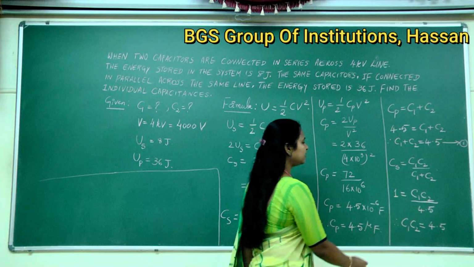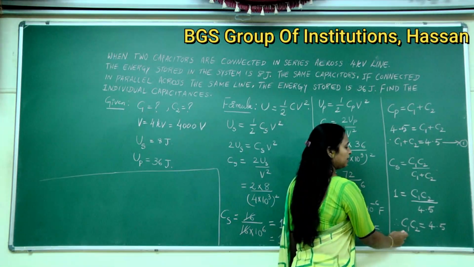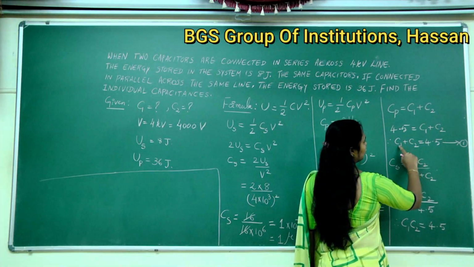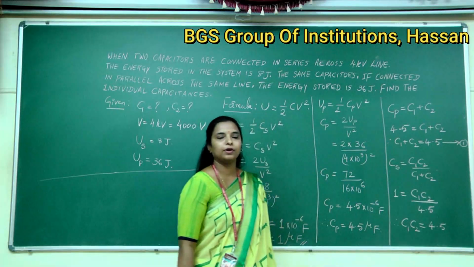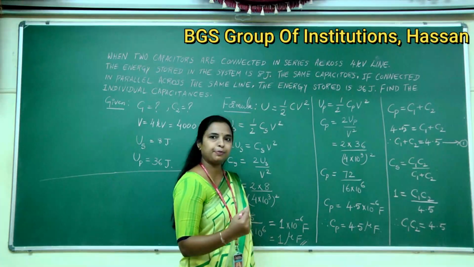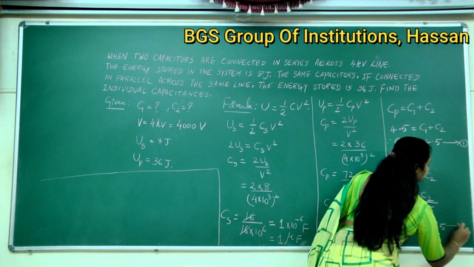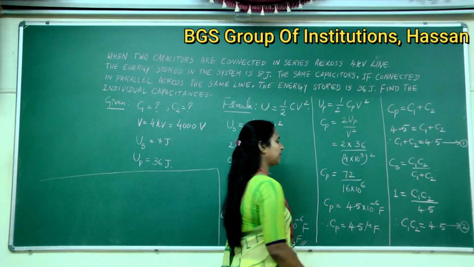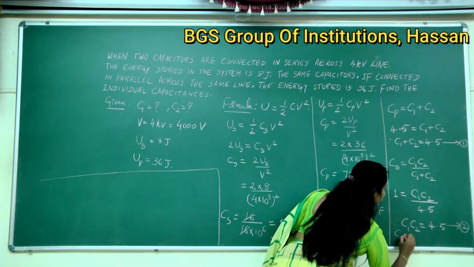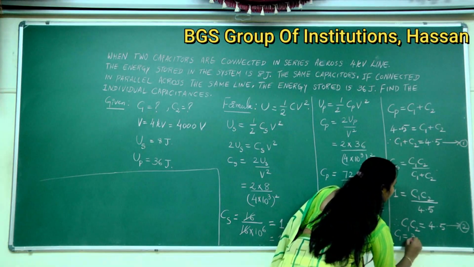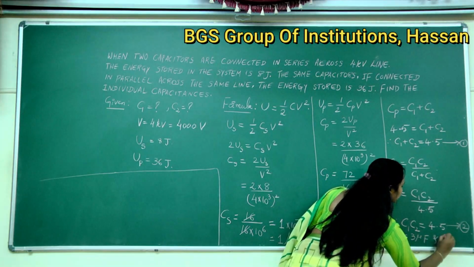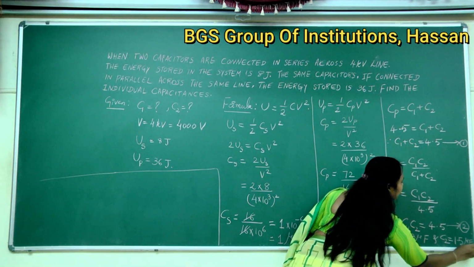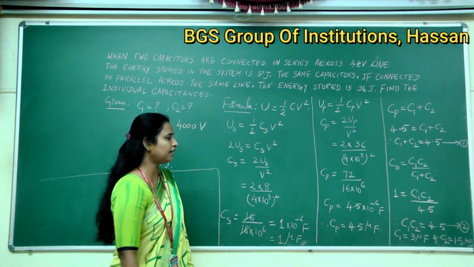4.5. Isn't it? Look, here if we multiply C1 and C2, we should get 4.5, and if we add, we should get 4.5. So in this way we can find the values by inspection. Can call this as equation 2. From equation 1 and 2 by inspection method we can say that C1 is equal to 3 microfarad and C2 is equal to 1.5 microfarad. So this is the method of inspection.